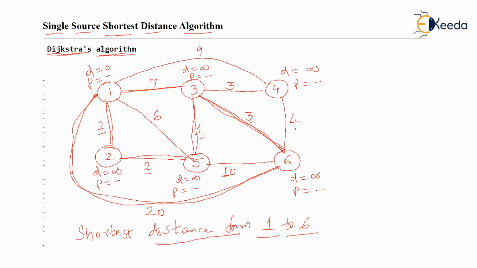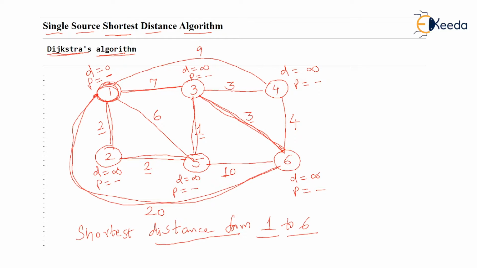Now the algorithm proceeds like this. The source over here is first vertex and destination is 6, isn't it? So the first vertex, which I am redrawing, is initialized with two variables, d, which means distance, and p, which means path. Now d is initialized as 0, that is distance of the source from where we begin our travel and we want to go to sixth vertex is 0, and path that we have traveled till now is null, so path is dash.